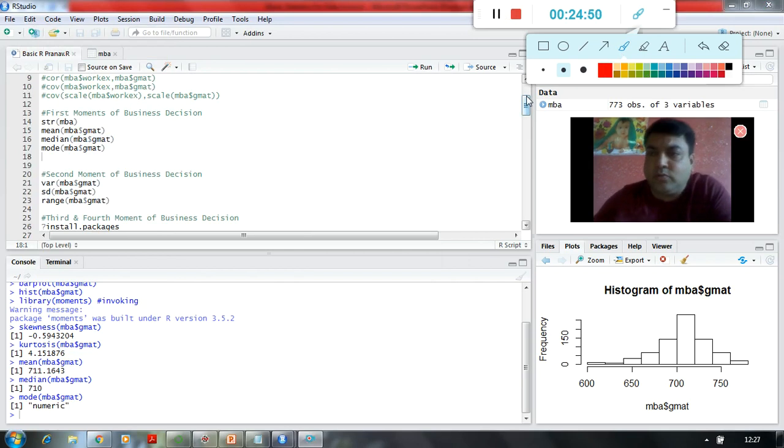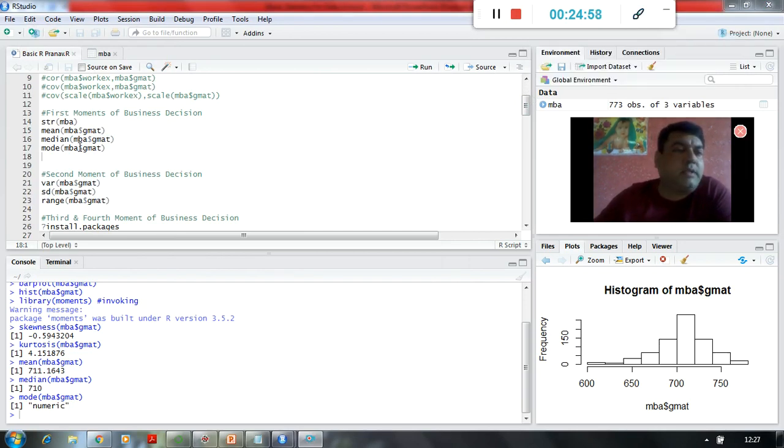I was just trying to work with the pen, but it is not working for me right now, so no issues at all. The mode we are going to find out by writing a special function, which is called a user defined function. I will explain that as well later on, right?